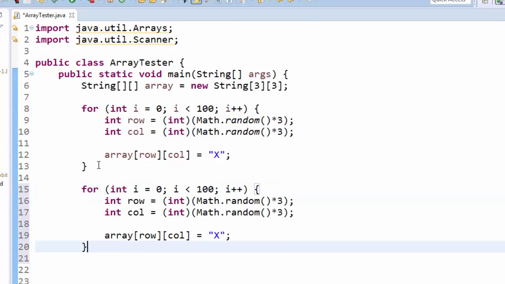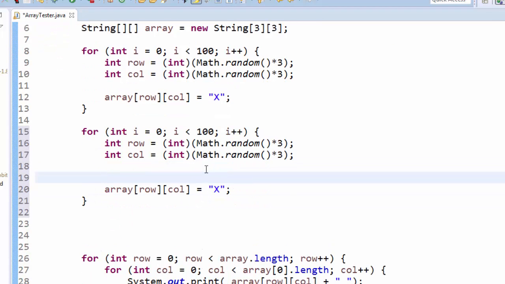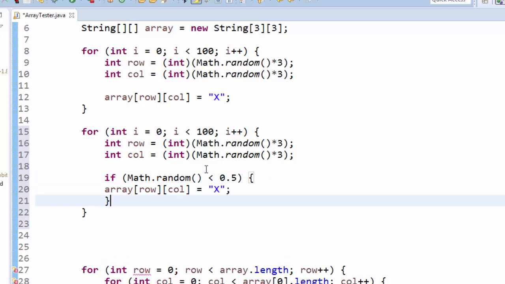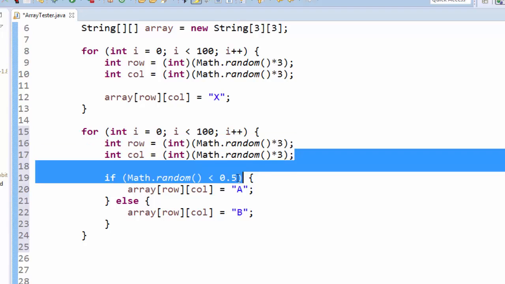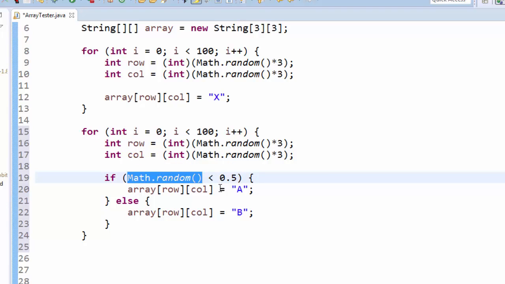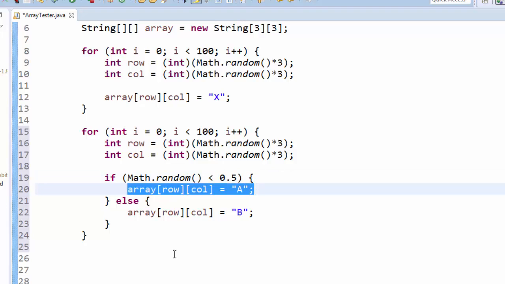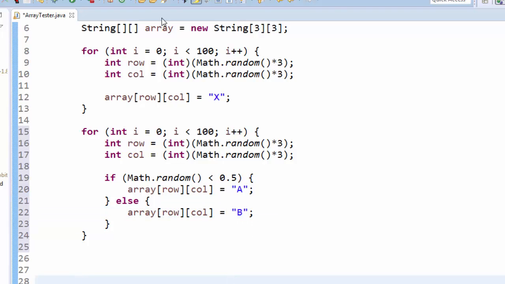I want to do that same thing, only now I'm going to say if math.random is less than 0.5, I'm going to put an A there. Otherwise, I'm going to put a B there. So let's think about what this is going to do. I generate a random location first. Math.random is somewhere between 0 and 1, so it's got a 50% chance of being less than a half and a 50% chance of being greater than a half. So it seems like I've got a 50% chance of putting an A there and a 50% chance of putting a B there. If I run it,